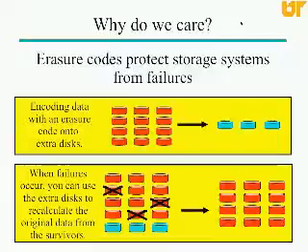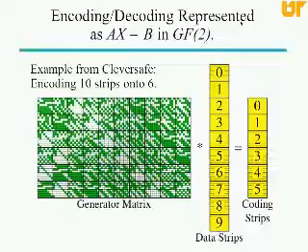So I probably shouldn't need to motivate this too much for you all, but the work I've been doing in the last 6 or 7 years has all been erasure coding, basically for storage systems like RAID systems, where you need to protect your data from 1 or 2 or 3 or 4 or 5 disk drives failing. So you're going to be encoding your data onto coding devices, and then when they fail, you're going to decode. And I'm going to focus today's talk on this operation pretty much exclusively.